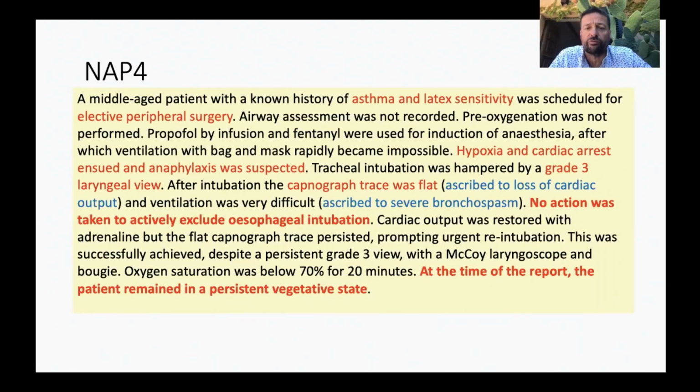The capnograph trace was flat afterwards, and this was ascribed to loss of cardiac output. Ventilation remained difficult, ascribed to anaphylaxis and bronchospasm, and no action was taken to actively exclude intubation. As time went on, eventually there was a decision to re-intubate. This was successful, but profound hypoxia occurred for a long period of time, leading to permanent vegetative state from hypoxic